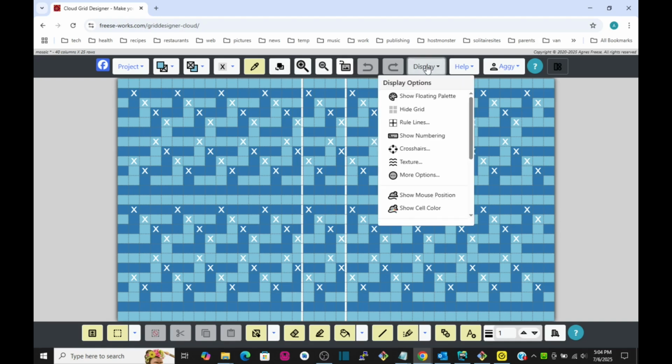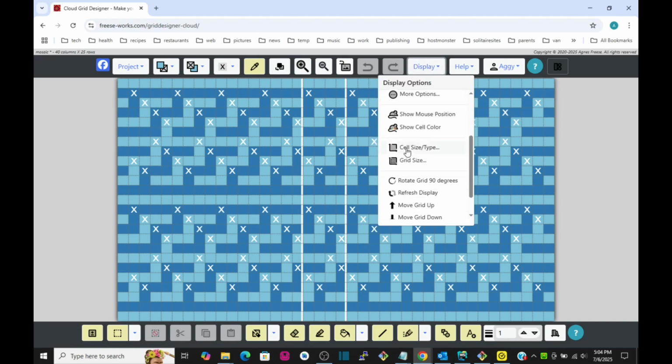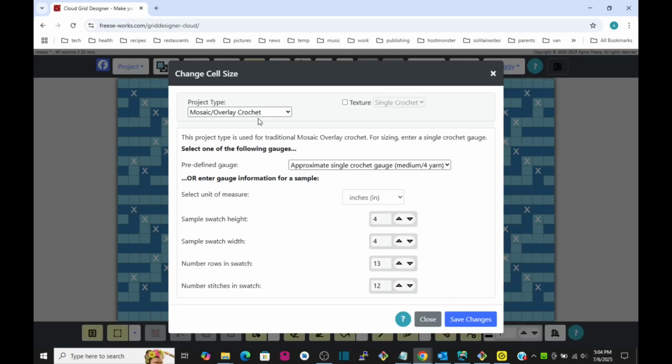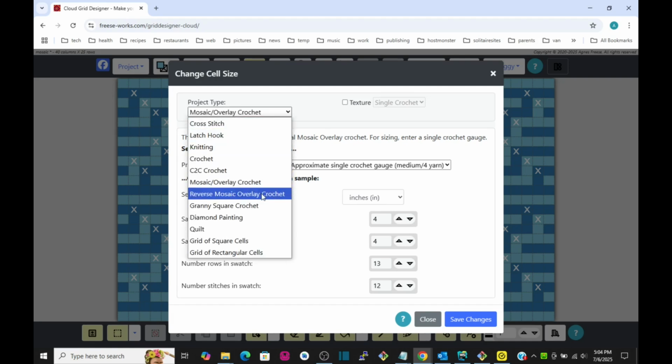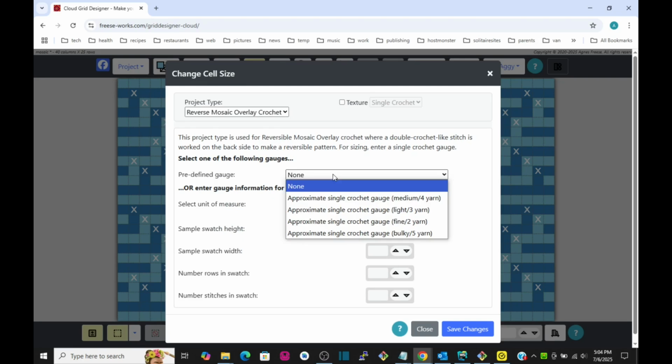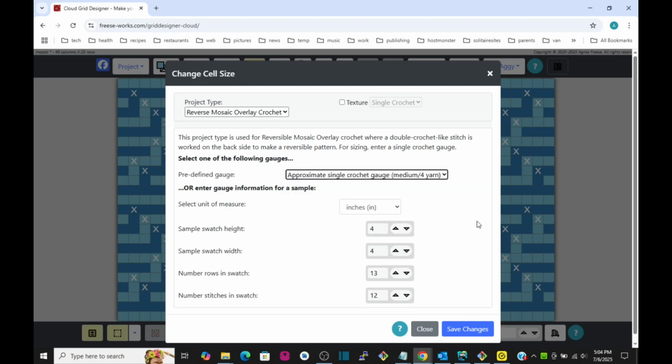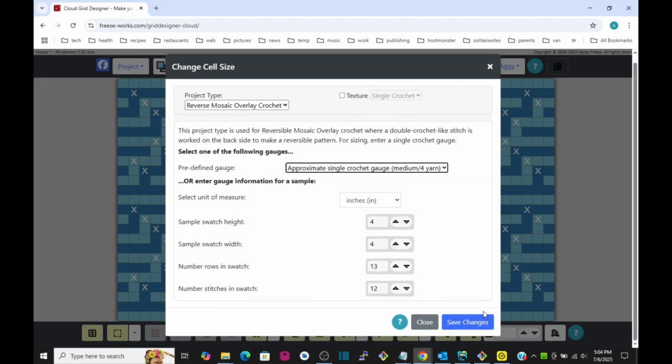So you go into display and we scroll down here to where it says cell size and type. Okay, so we're going to go in here. This has a project type Mosaic Overlay Crochet, and we're going to change that to a reversible project. We have to pick our crochet gauge again. And then when we say Save Changes,